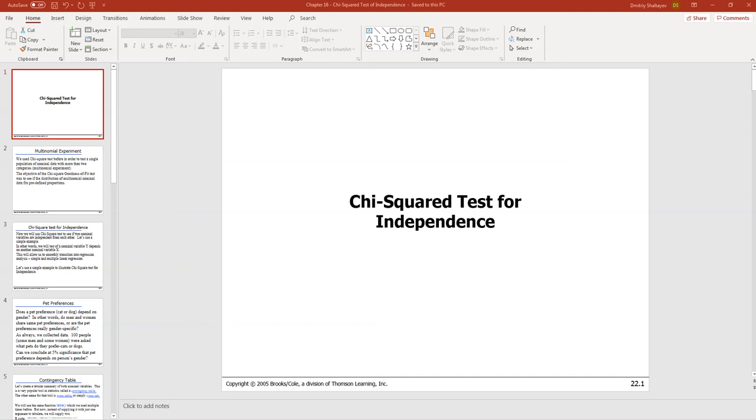This is our lecture number 19, and in this lecture we're going to continue discussion of the chi-square test and chi-square distribution. So how else can we use the chi-square test? In the previous lecture we discussed how we can use the chi-squared test